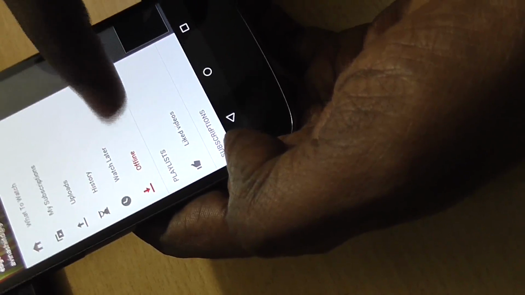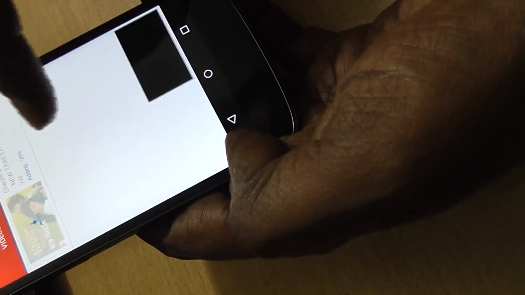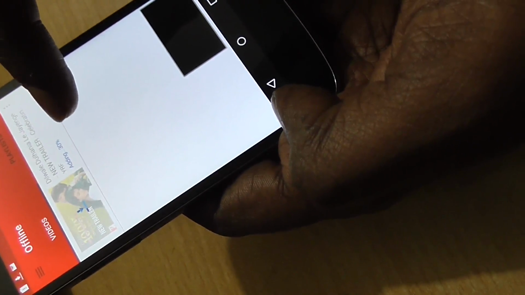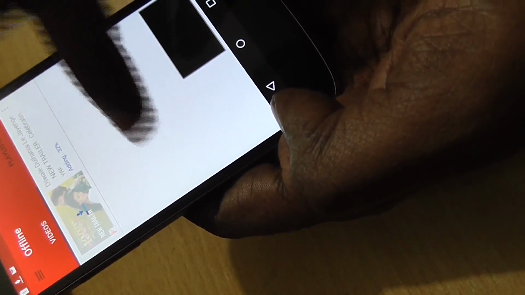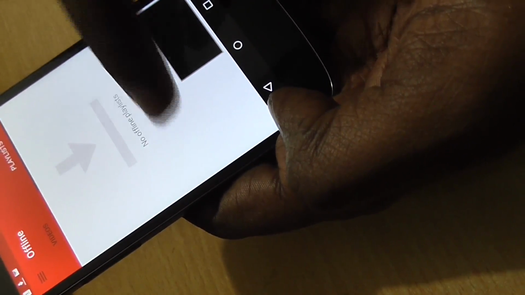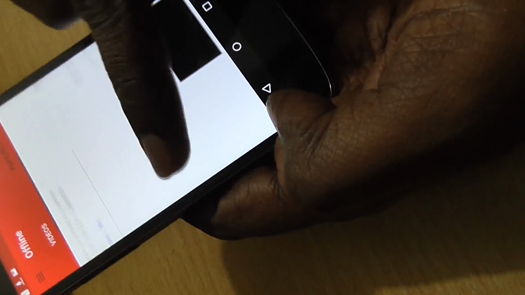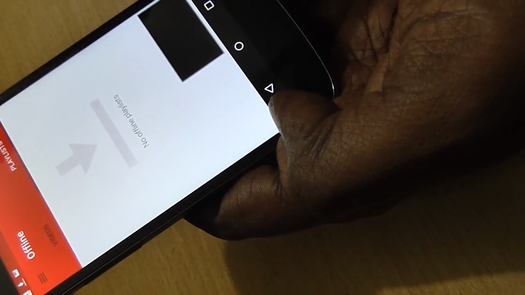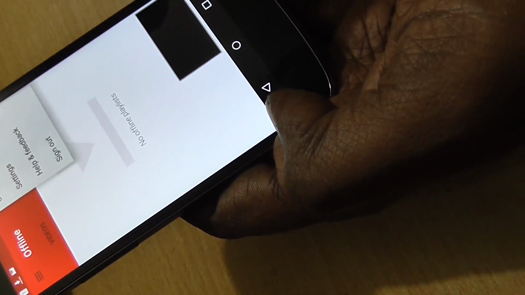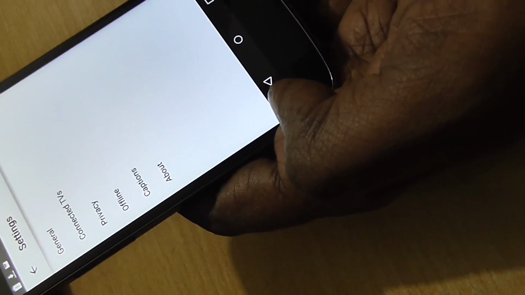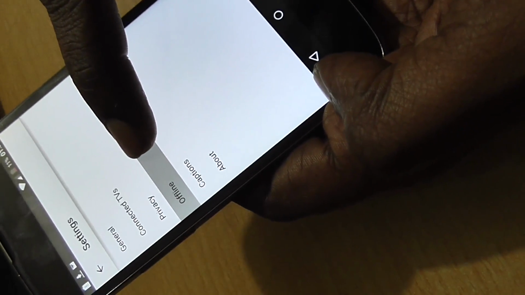An offline button is added at the bottom, which gives you an offline section, which gives you easy access to all the YouTube videos which you downloaded from the YouTube for offline viewing, right? The video at the moment is downloading. You can see the videos here and the playlist here. No offline playlist, right? Apart from that, if you go to settings, you'll see an extra option of offline being added in the YouTube app.